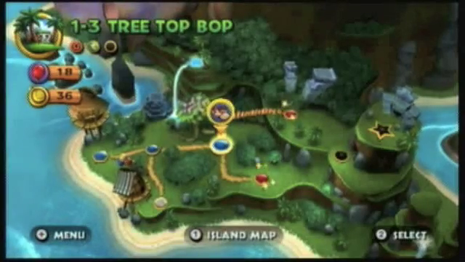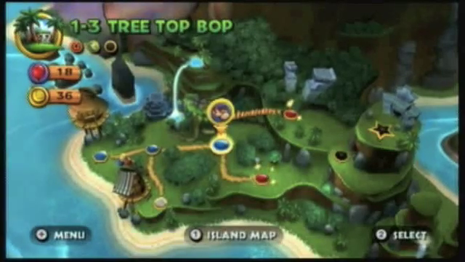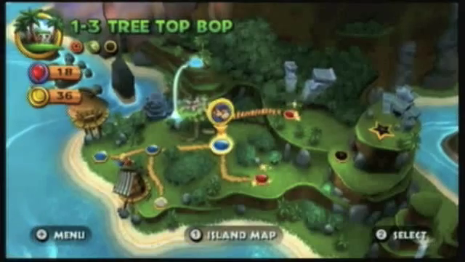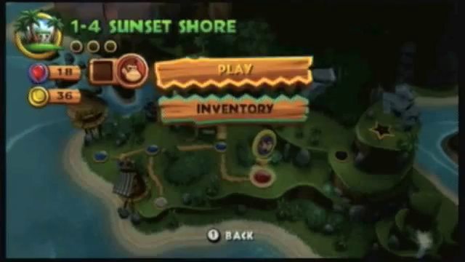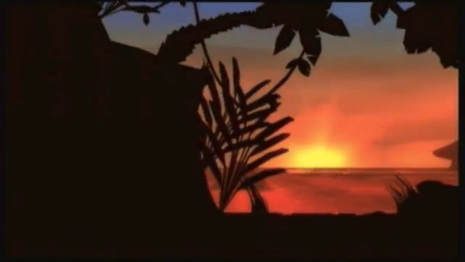We now return to Donkey Kong Country Returns. When last we left off, we'd finished the first 3 levels. Now it's time to move on to the next 3 levels. First one for the day is the 4th one, which is Sunset Shore. And it is adequately named